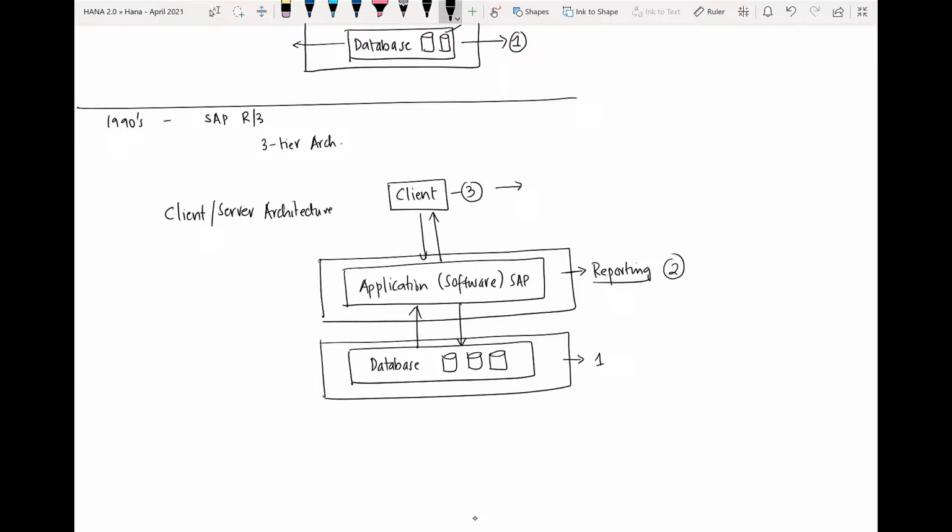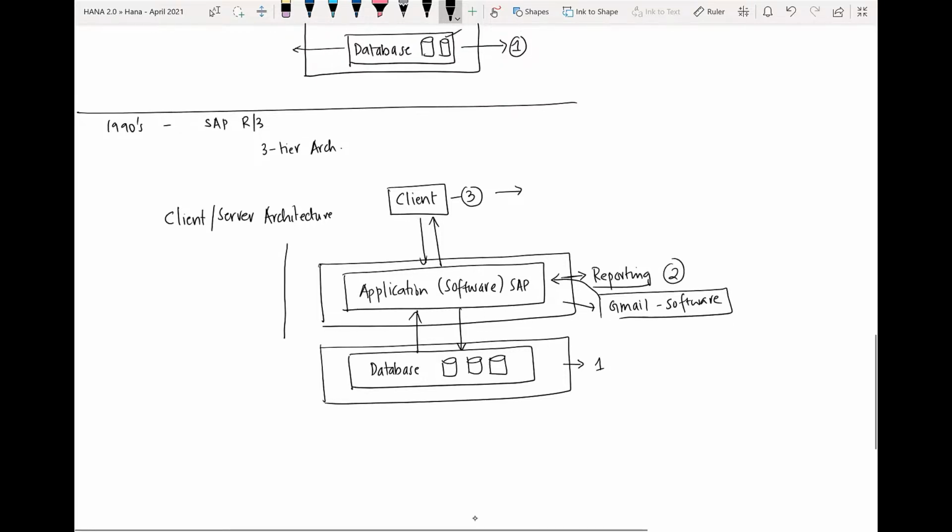Client. In our current world, if you want to relate this to some information, let's say you want to access your Gmail email account. Gmail is a software. So imagine that your Gmail is residing in the application layer. Whatever emails you have within your Gmail software are data, and the emails are going to be stored in a database